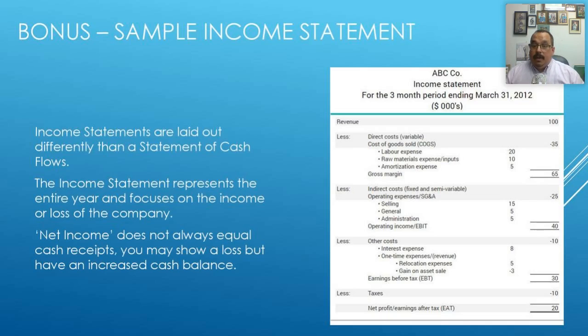You'll see that it's very different from a cash flow, and it's laid out differently. The income statement represents the entire year and focuses on the income or loss of a company at the end of a period. So you'll see that there is no breakdown of what expenses are what. There is no monthly breakdown. Well, you can create 12 income statements if you'd like, but that's generally not something anyone does. These are usually done to give you a snapshot of how the business has performed over a year. And in this, the net profit, earnings after tax, way at the very bottom,